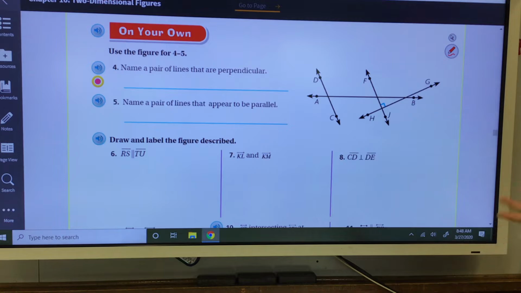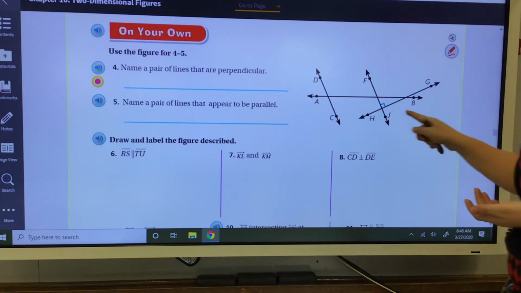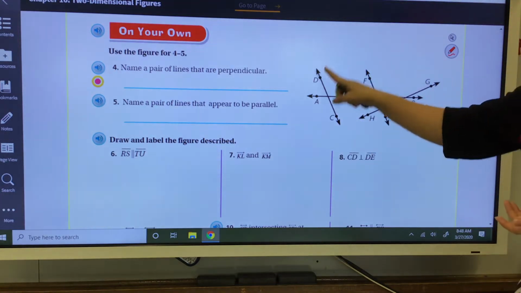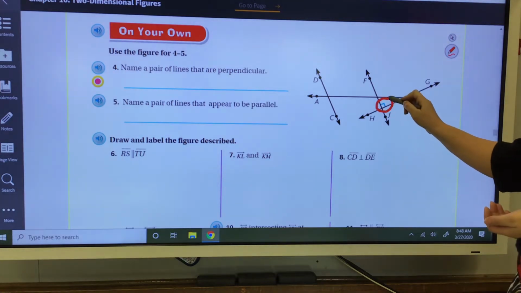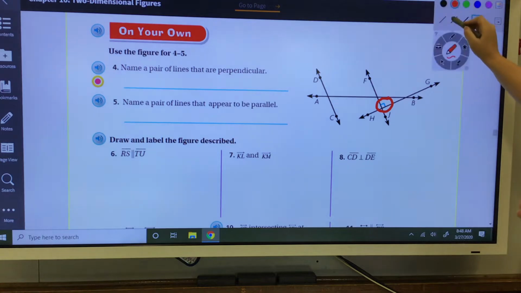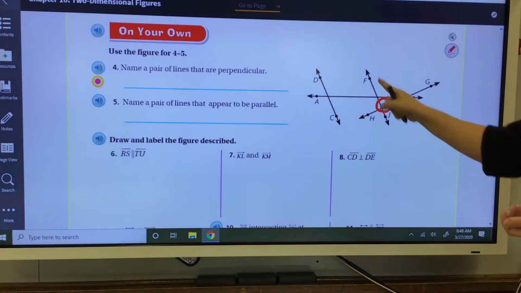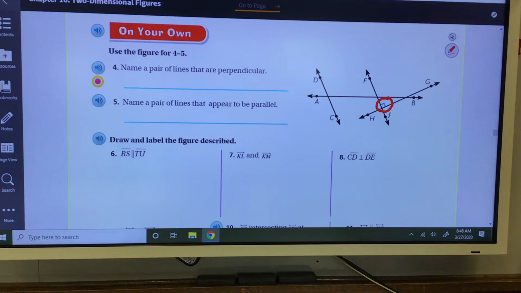Remember, perpendicular lines form the right angle, okay? So we need to look. Where in our picture do you see the right angle symbol? I see it right here, which means that my pair of perpendicular lines is going to be these two lines,